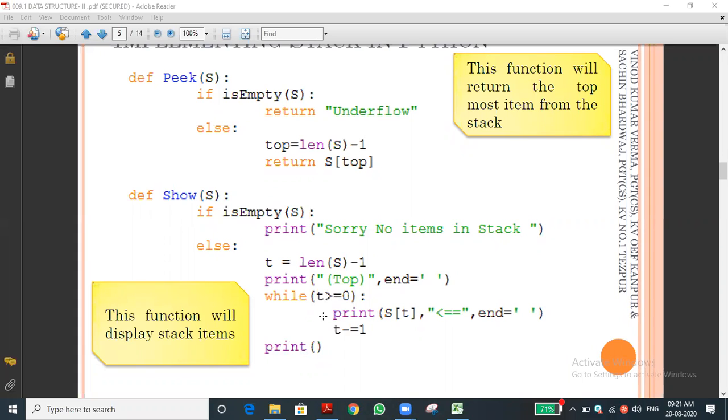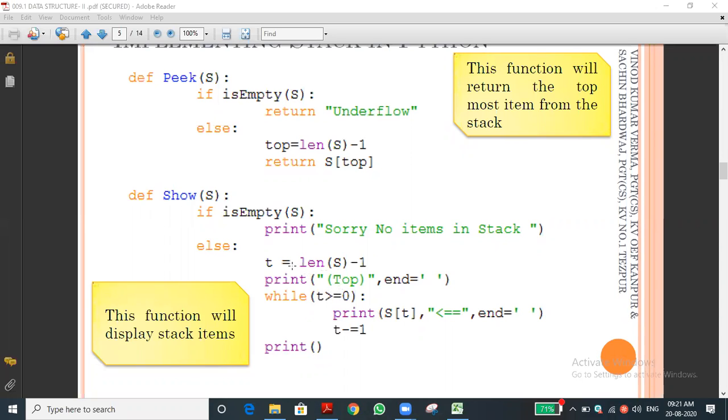It will show, for example, the value 3, then an arrow mark, 2 under that, an arrow mark, then 1, an arrow mark. Likewise, it is printing, which is at the top. Top 3. What is the output for this function? This type of question also will be asked. So they may ask what is the output for the function.